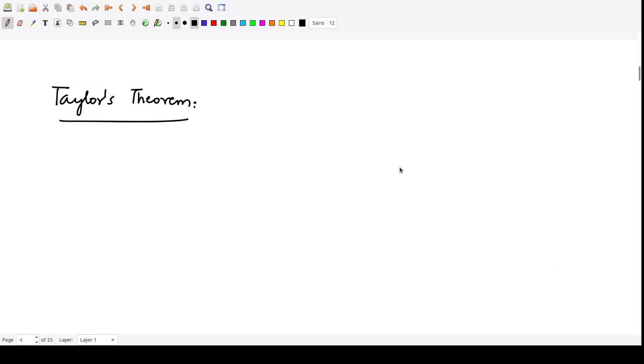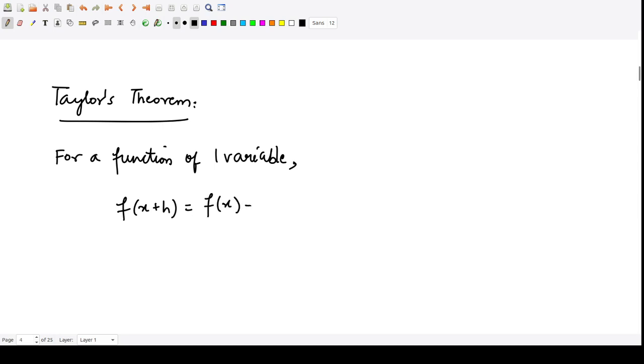Okay, so the next topic we shall be discussing is Taylor's theorem, which is an application of partial differentiation. So here we first define what Taylor's theorem is for a function of one variable. For a function of one variable, it is given like this: f of x plus h